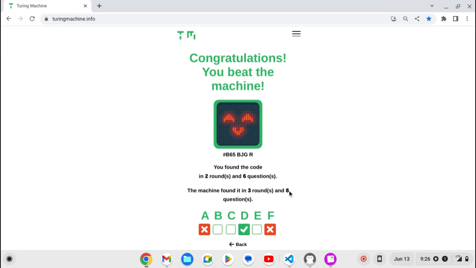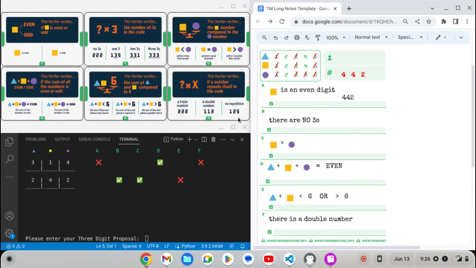The Turing machine did 8. And so, yeah, that was a great win. I'm actually a bit surprised that we did it in 2 turns, 2 rounds. I was really thinking we had to go to an additional round. I guess our saving grace was that we actually